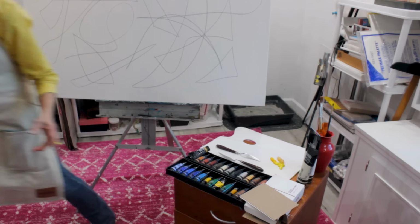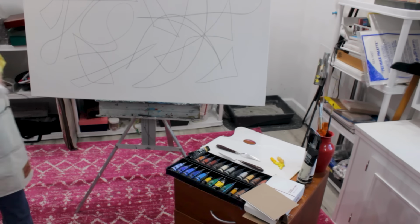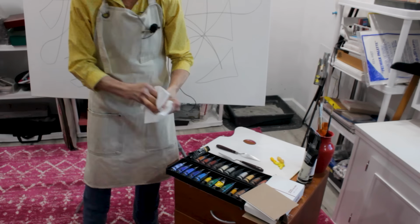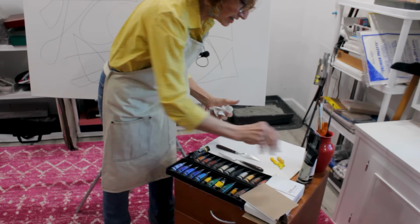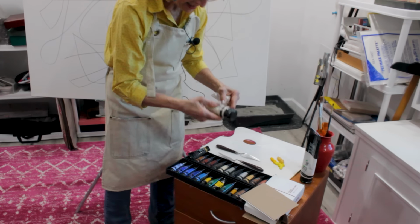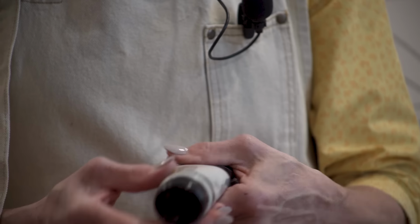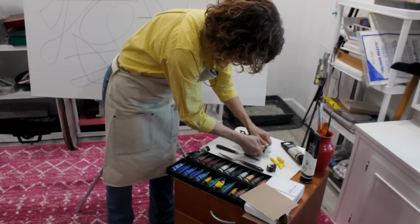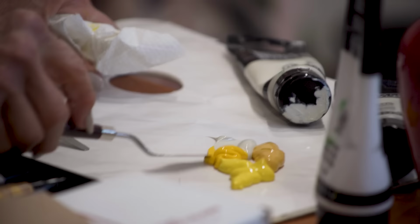and I'm going to grab some paper towels. Always have paper towels available, both for your hands and for the palette knife, and water right there. Your brushes are going to go into water 100% of the time. This is a Liquitex Basics acrylic. It's called Parchment. What it is is titanium white. And what it does is it allows me to blend these yellows with the palette knife